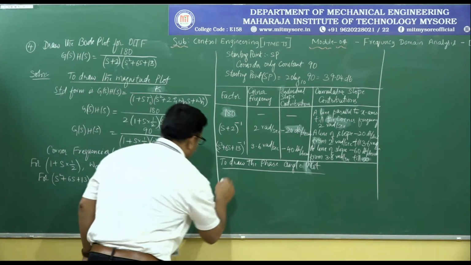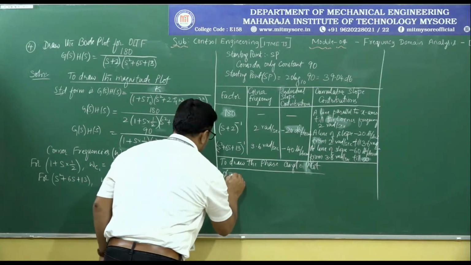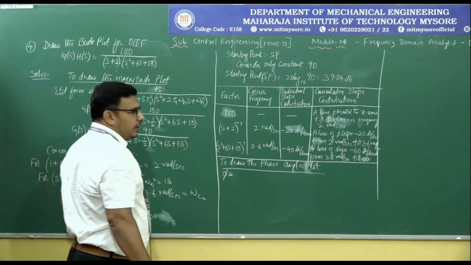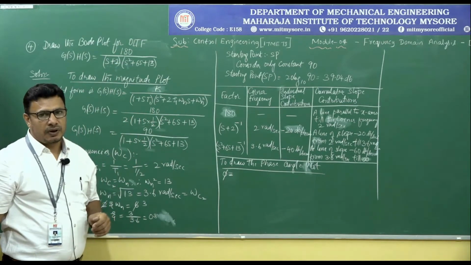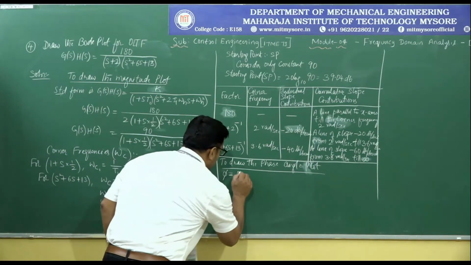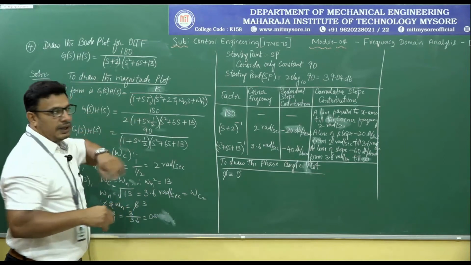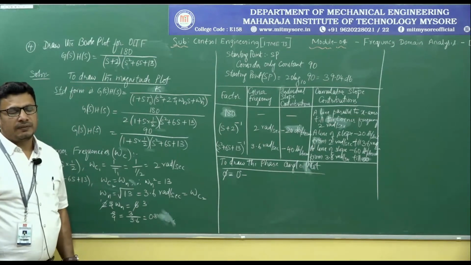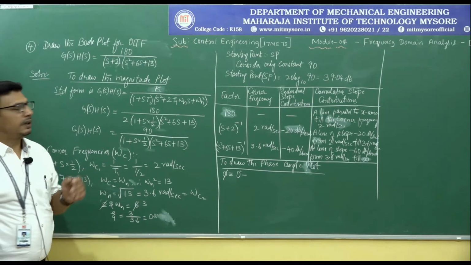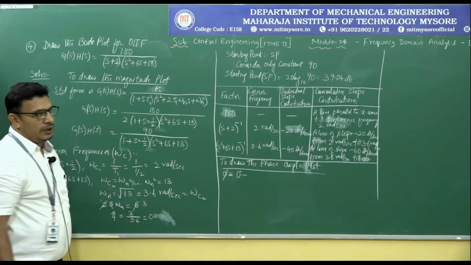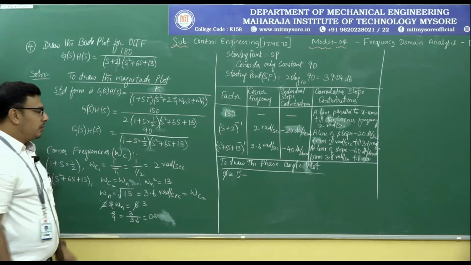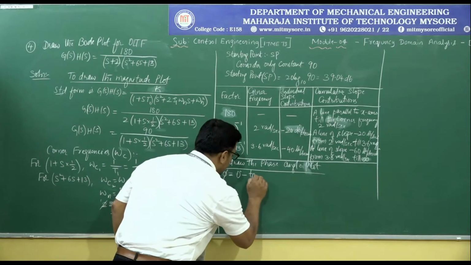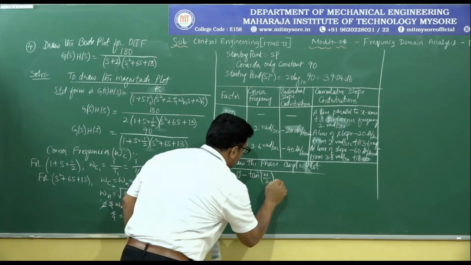So here, if we write the equation to draw the phase angle plot for the given open loop transfer function, see, 180 is in the numerator. So 180 is a constant, the phase angle for a constant is 0, so 0 degree. Then there is nothing else present in the numerator, so negative sign, when we start writing the phase angle for the denominator terms, then it should be written with the negative sign. So minus s plus 2. s plus 2 can be written as j omega plus 2, so the phase angle will be tan inverse of omega by 2.